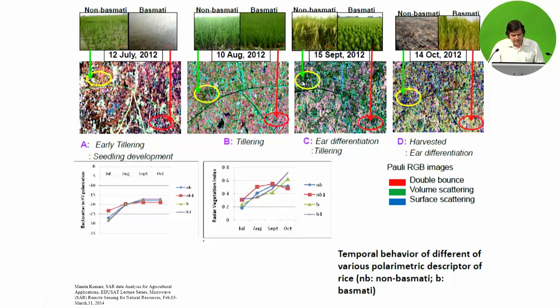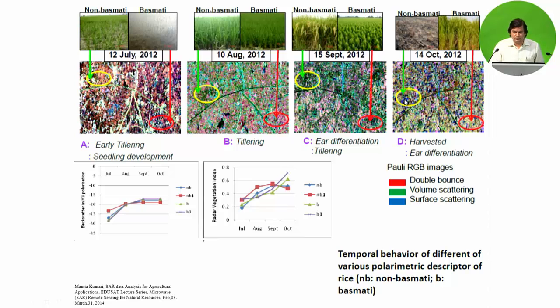And again in the case of 15 September 2012, in this imagery, again we are seeing that there is dominance of volume scattering, particularly in the non-basmati area, and a mixed pattern of double bounce scattering and volume scattering is obtained for the basmati. And this is the harvested season, so we can see that this is due to the